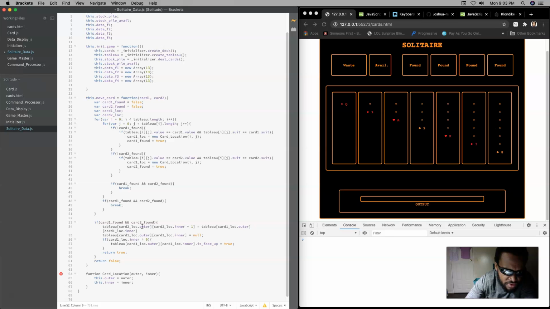Both of them were found. Take the location of card 2. Add 1. That's the location. That's the destination. Add 1 to its inner, meaning the next empty space, and set